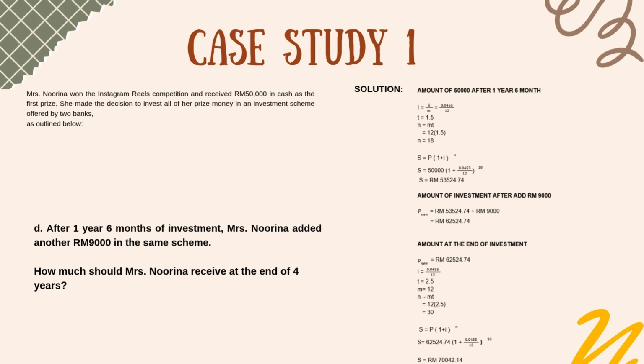M equals 12. N equals MT, 12 times 2.5, then we get 30. And then we need to use the S equals P(1 + i)^n formula. S equals 62,524.74 times (1 + 0.0455 divided by 12) to the power of 30. Then S we get RM